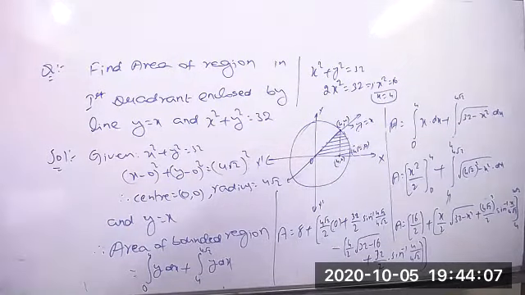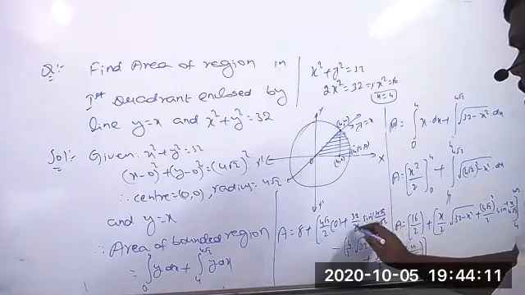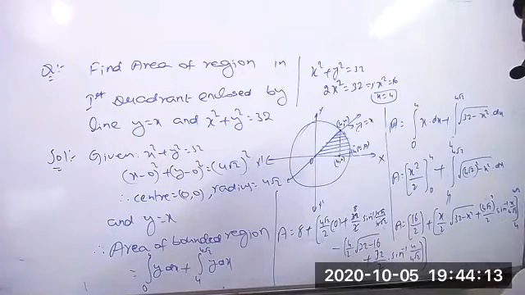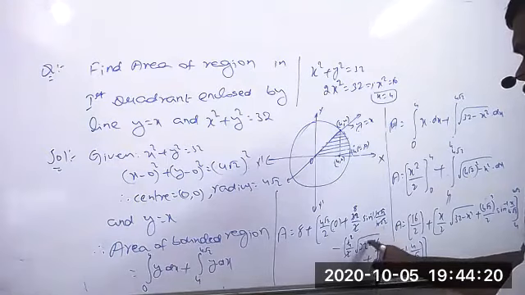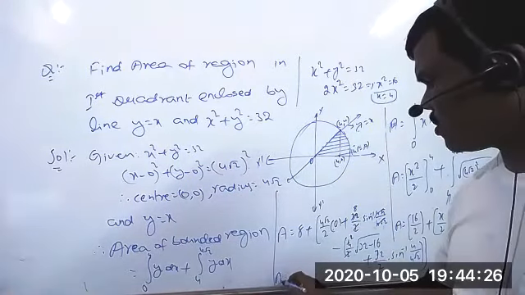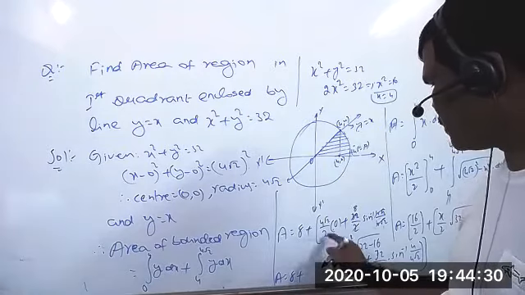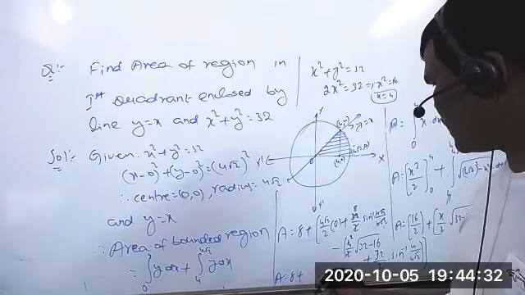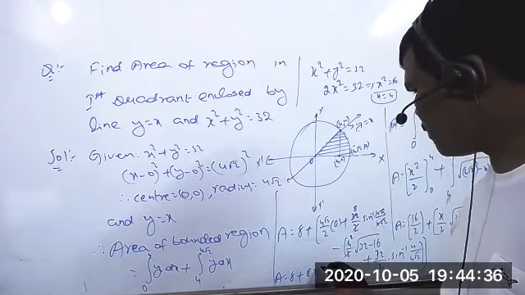Now you can simplify it. This is 0 only, and these two also cancel. 2 in this number 8 times. And here also 2 times 32 minus 16 equal to 16. Root 16 equal to 4 you will get. And clearly you can write now, so area is equal to 8 plus, this is clearly 0. So 8 into sine inverse of 1, sine inverse of 1 is pi by 2 only. So 8 into pi by 2.